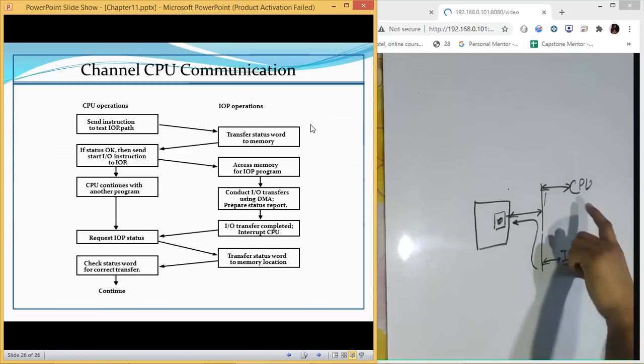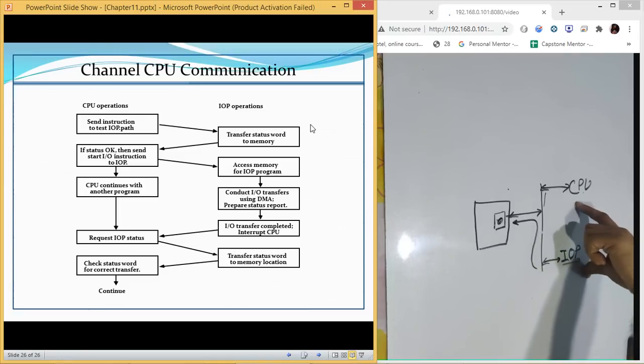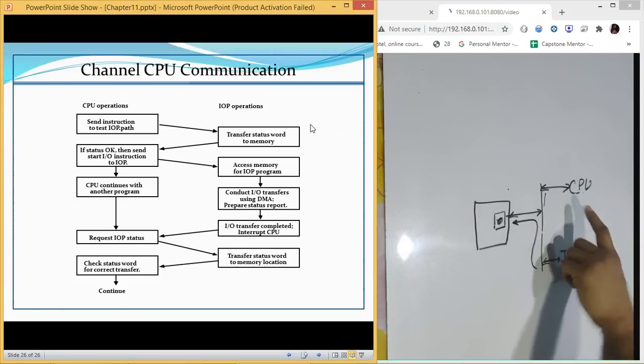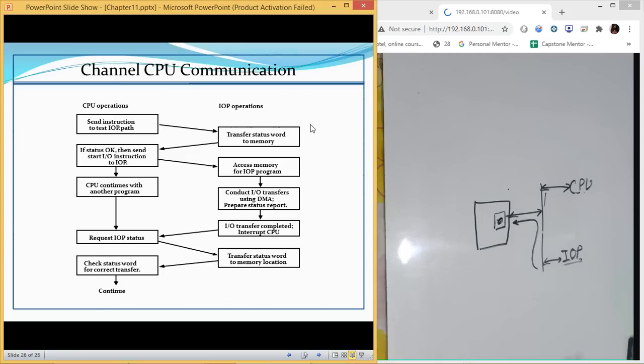We have a CPU, and along with it we also have GPUs, graphical processing units, which perform all the graphics related tasks. How they interact with your CPU, all those things you can read about using the internet or your book.